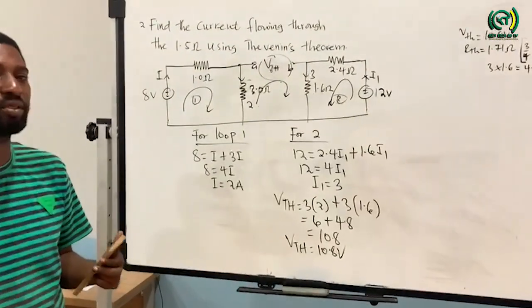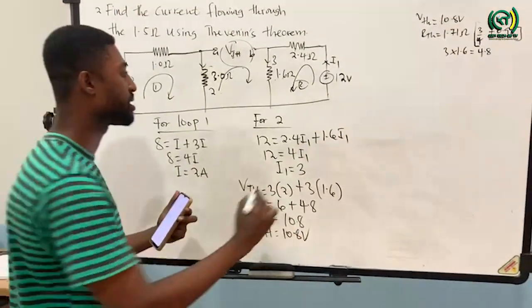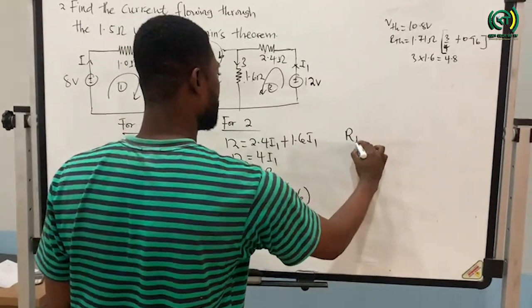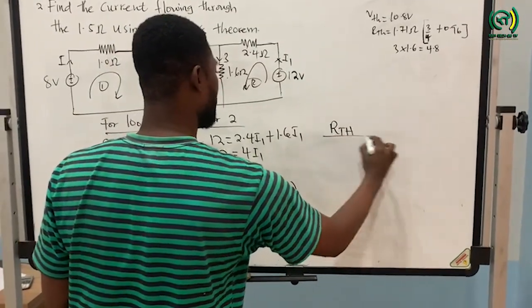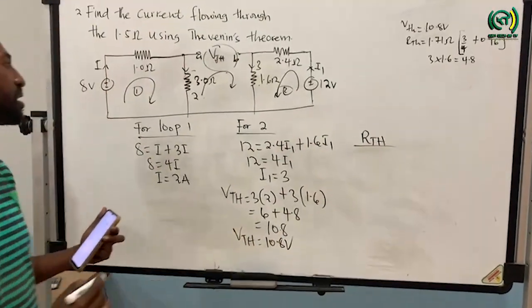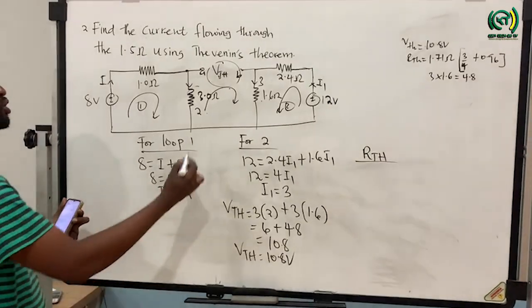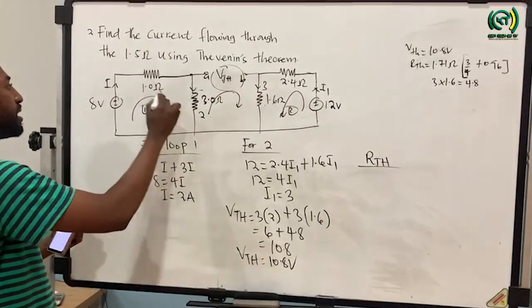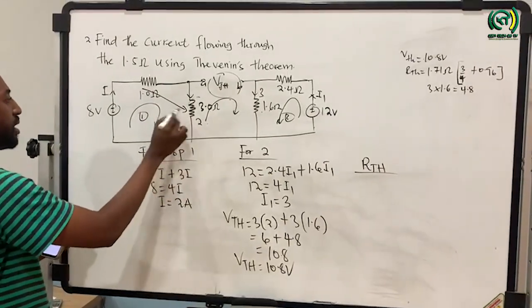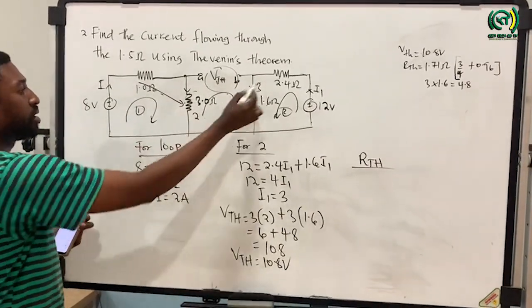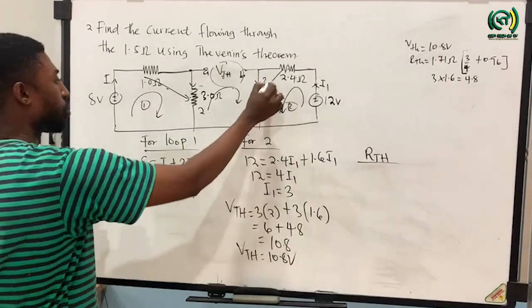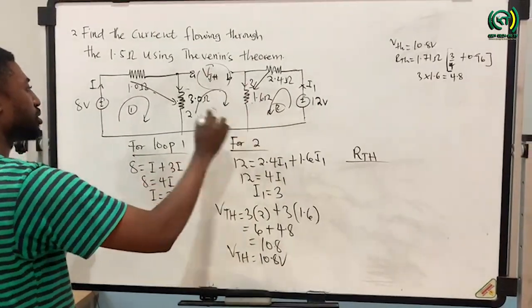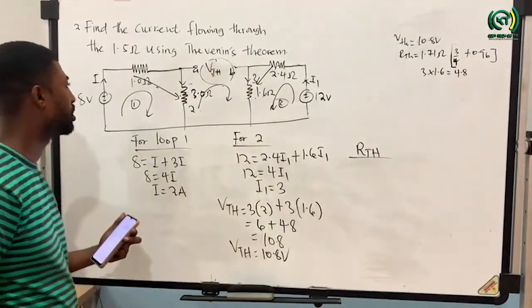Thevenin's equivalent resistance, which is RTH, is the total resistance seen between the terminals. So if I look through these terminals, I'll be able to identify this resistor and this connected in parallel. This together with this also connected in parallel, and their resultant will be in series. So I can have